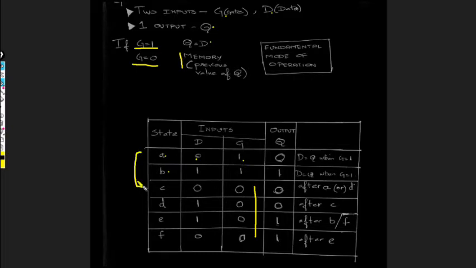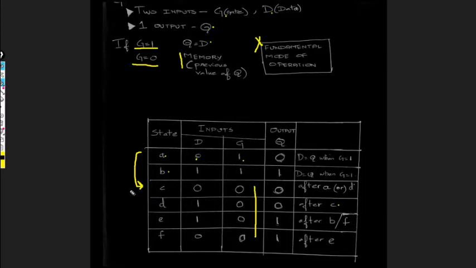For state D having inputs 1, 0 and output as 0, the previous states having output 0 are A and C. But the transition from A to D is not possible because two of the inputs change simultaneously, 0 to 1, 1 to 0, which is not allowed in fundamental mode of operation. But the transition from C to D is possible. Only one input change, and so the previous state of D is C.